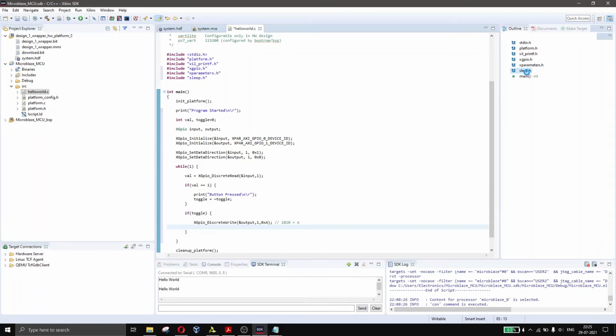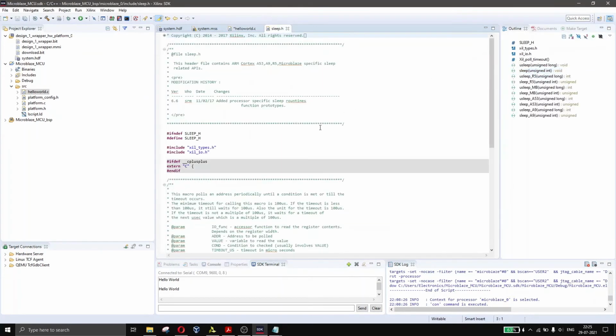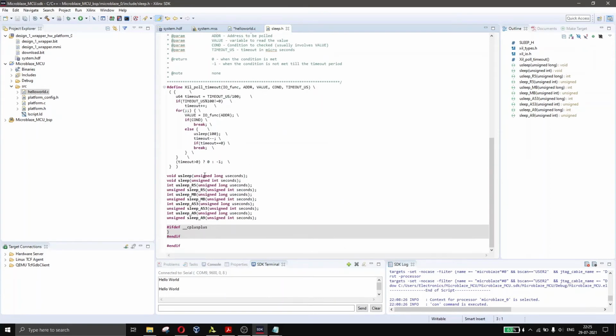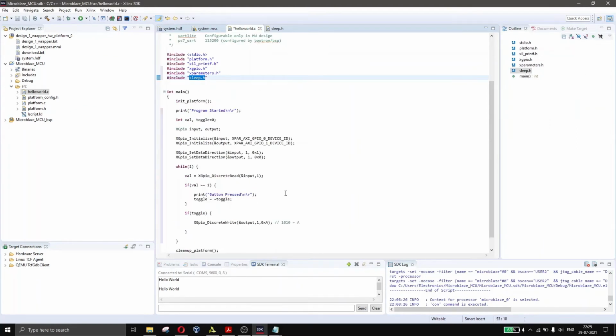You need to pass the unsigned int microseconds to this function. So we'll be using it, usleep, microsecond sleep. 250 milliseconds will be 250 into 1000 microseconds, so 250000.